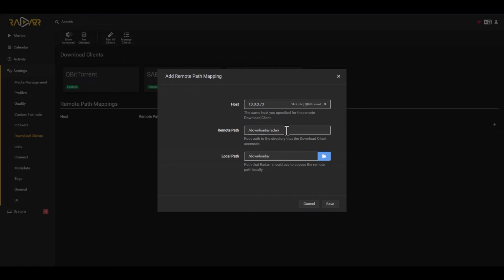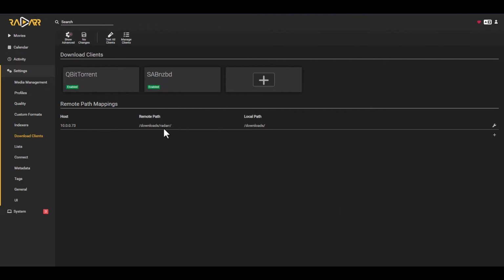So we have downloads Radarr in our downloaders mapped to downloads in our Radarr container. So now we save this. We have our mapping, we have our two clients, nothing to change because everything was changed, and we are good